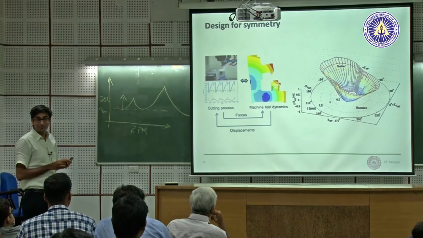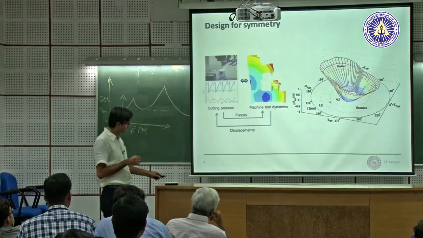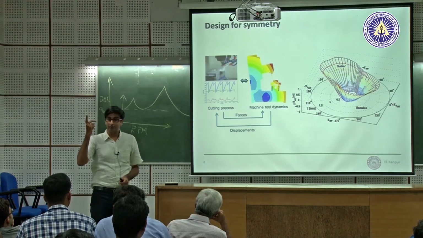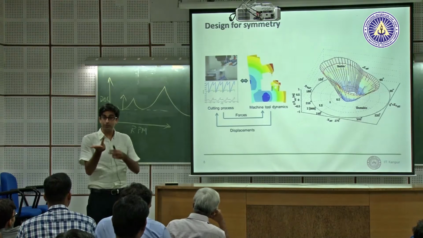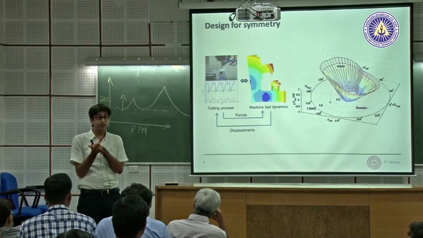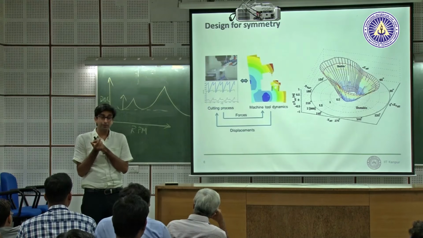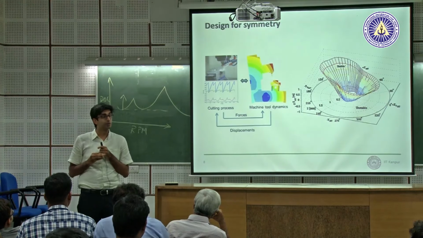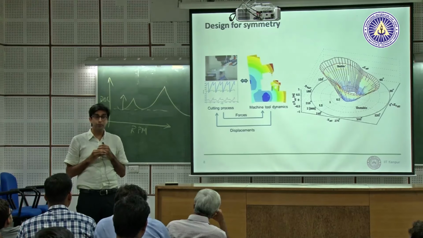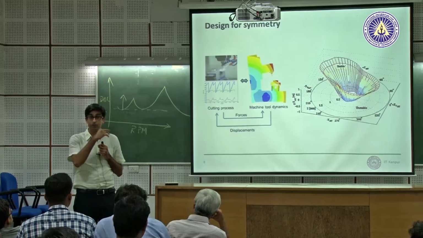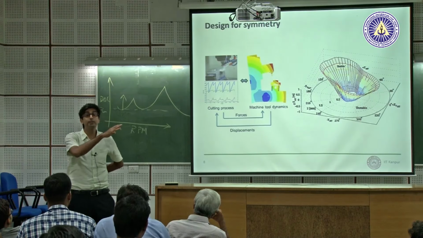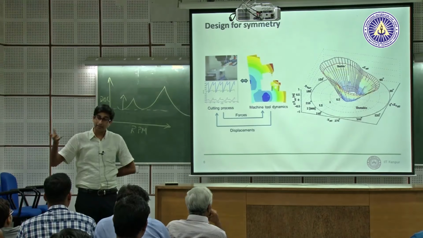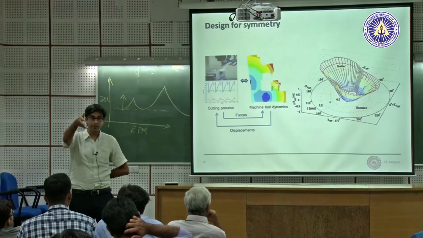All right, this is something I'm very interested in. Design for symmetry, there should be a question mark there. So we measured FRF, frequency response function, in X and Y direction. You saw it is not the same. It is not the same because the structure is not symmetric in the X and Y direction. What you would like ideally is to make a symmetric structure where it has uniform properties all over, in the X and the Y. So it's very easy to design and analyze, and okay, fine, this is limiting or that is limiting.